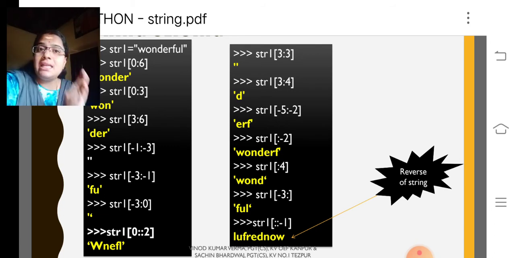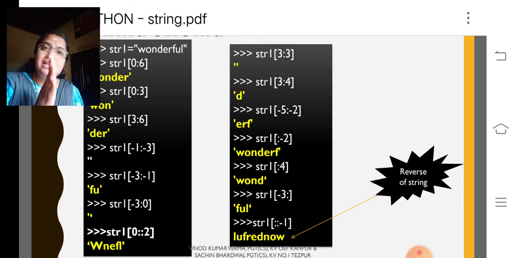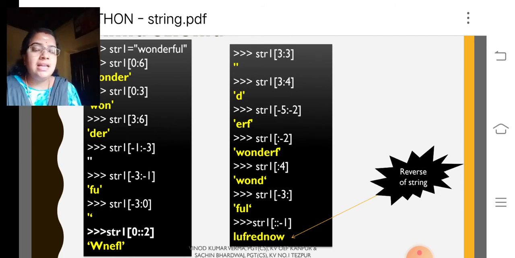Each value is separated using a colon. So it will take 0. The upper bound is not given, so the interpreter reaches till the end and the step value is 2. So it will take W, then N, then R, E, then F, then L. Like that it goes on.